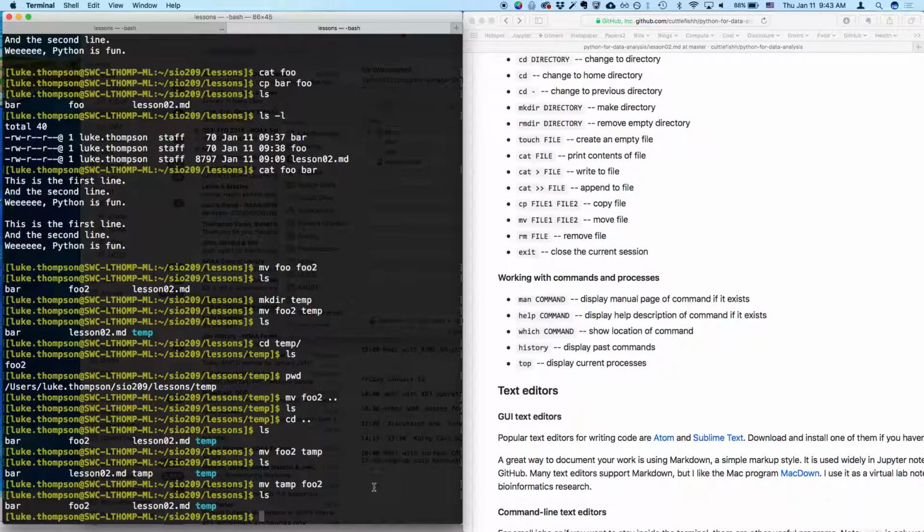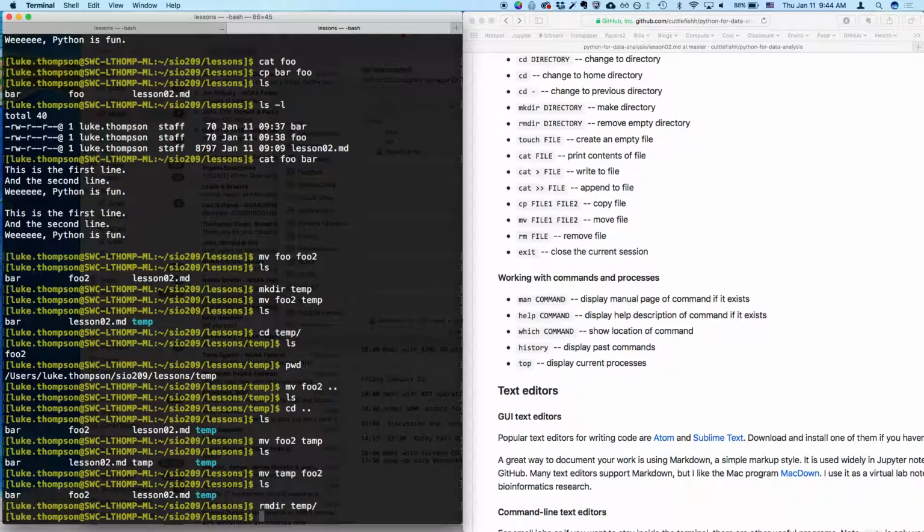Okay, a couple more here in this section, and then we'll take a quick break. So we have now a few different files here. We've done copy. We've done move. Now we're going to remove. Let's say we want to remove this copy of this file that we don't need. So we already saw remove directory. We can remove that temp directory. Now we can remove a file. We can type just rm